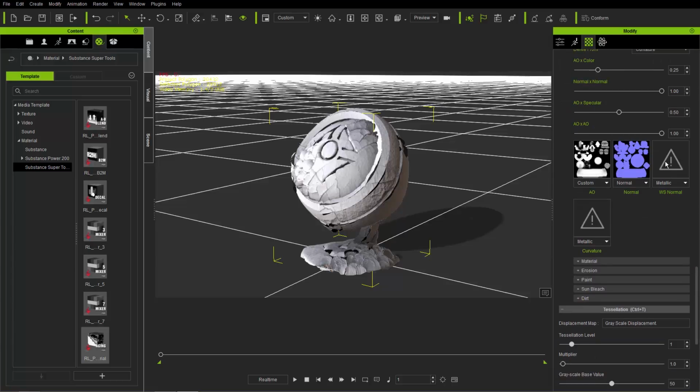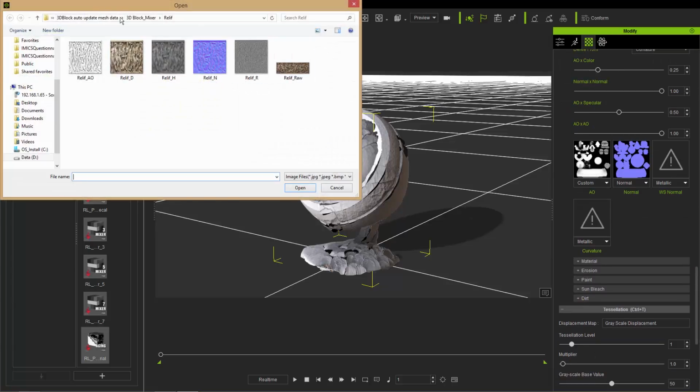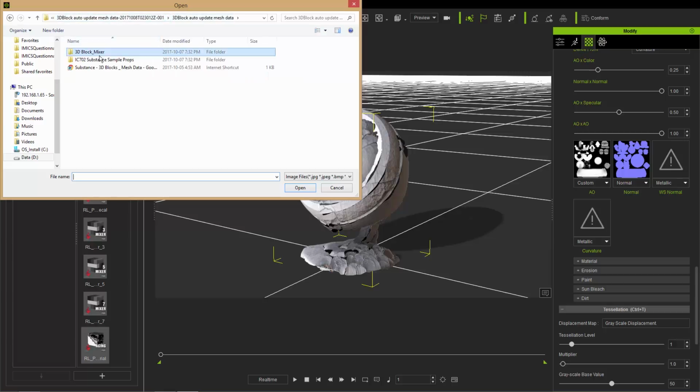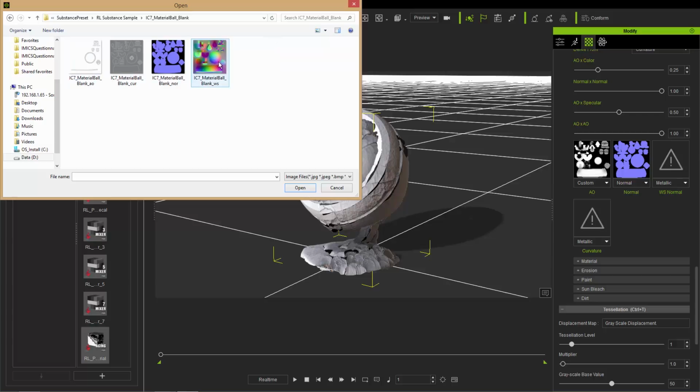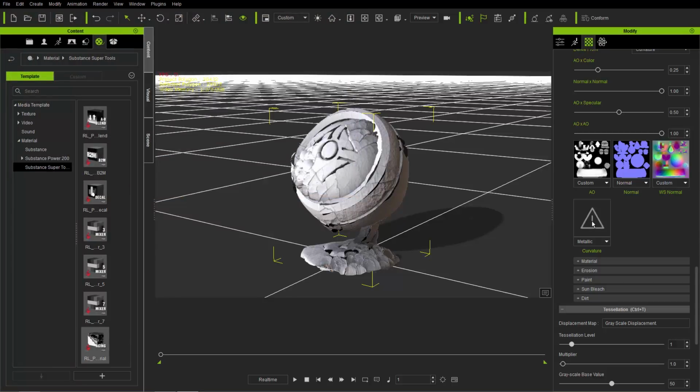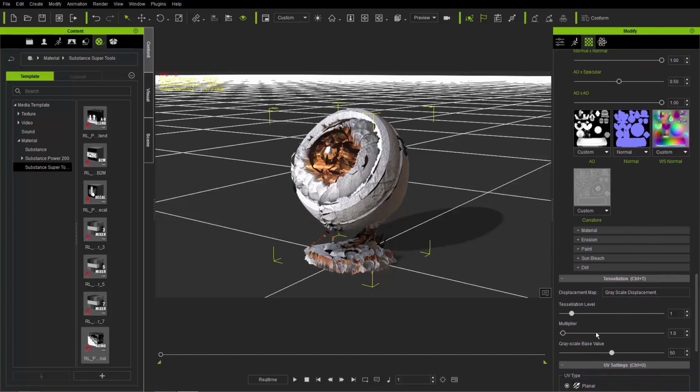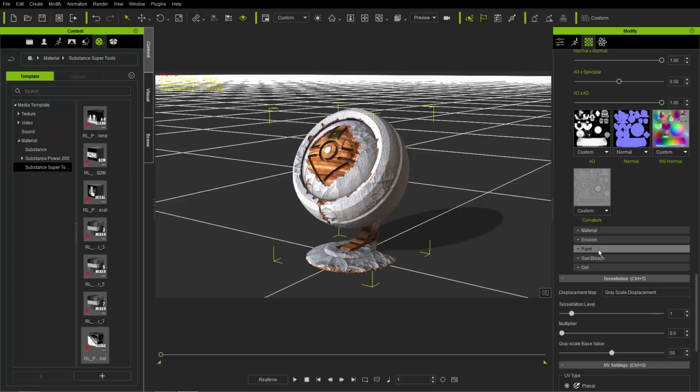So under world space normal, just double click and find that world space normal here, in a different folder. Here we go, material ball right here, and just load it in. That's the world space normal right here. You can see the WS at the end stands for world space. Let's just throw that in there, and then our curvature map here as well. So these maps are essential, and you notice now that it kind of messes up a little bit, and that's because the multiplier value, we want to set that to 0 because we don't want any tessellation on this particular item. And now notice that we have the correct sun bleach and the correct paint erosion rather,